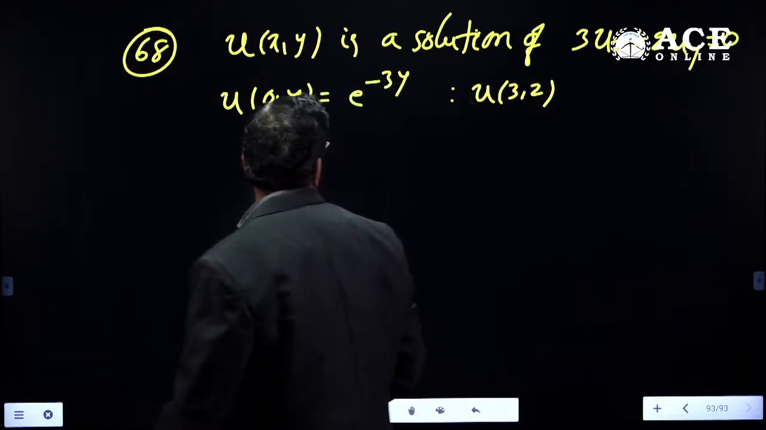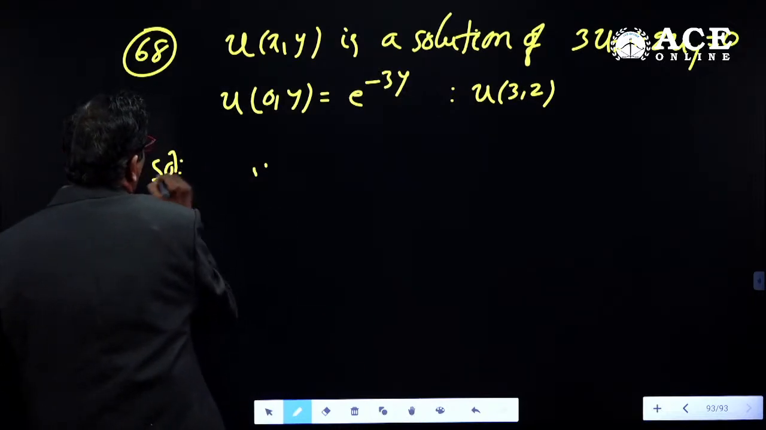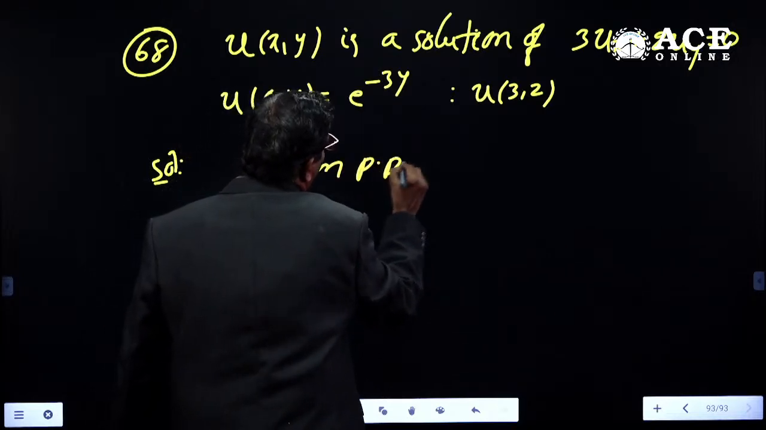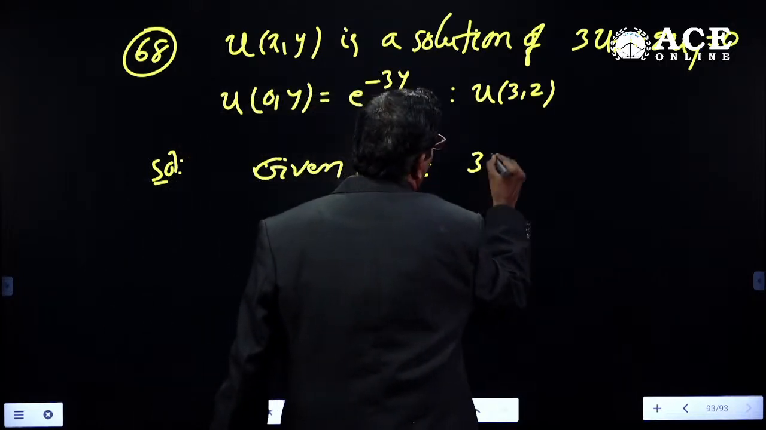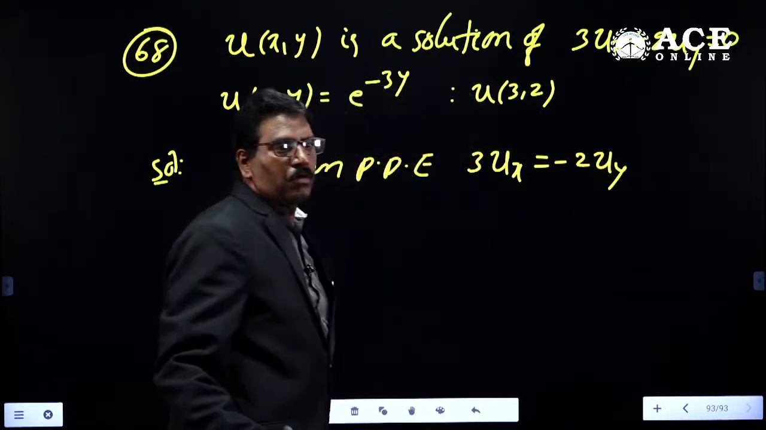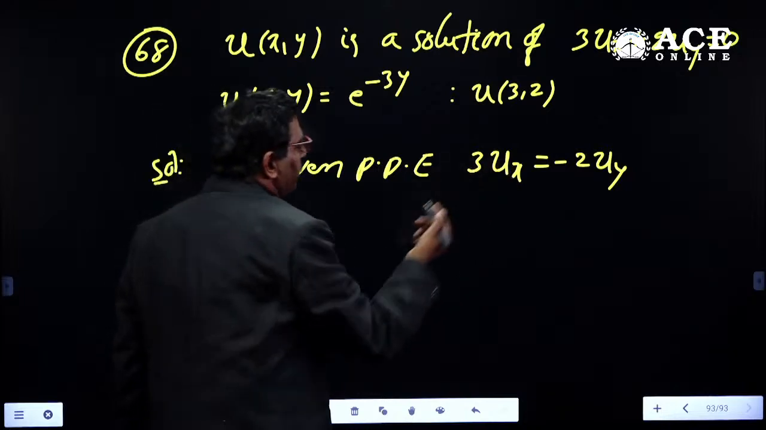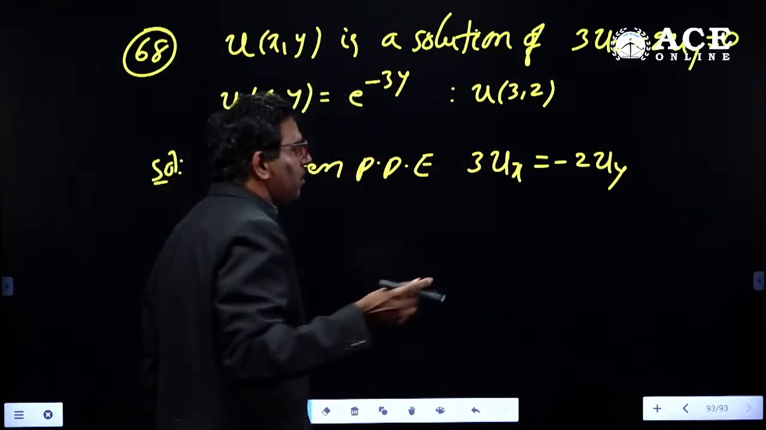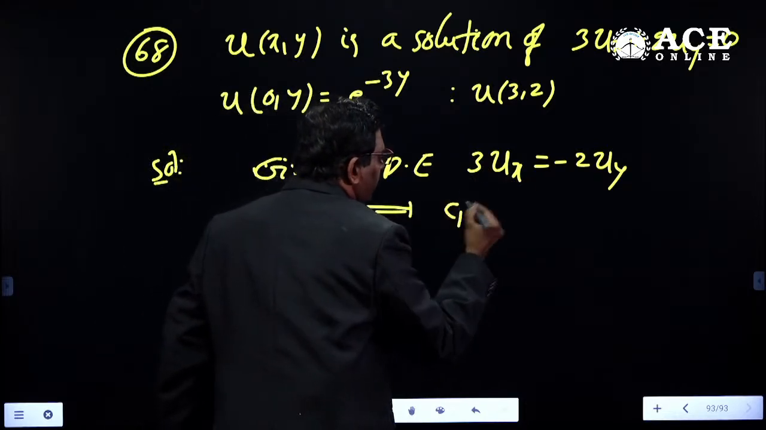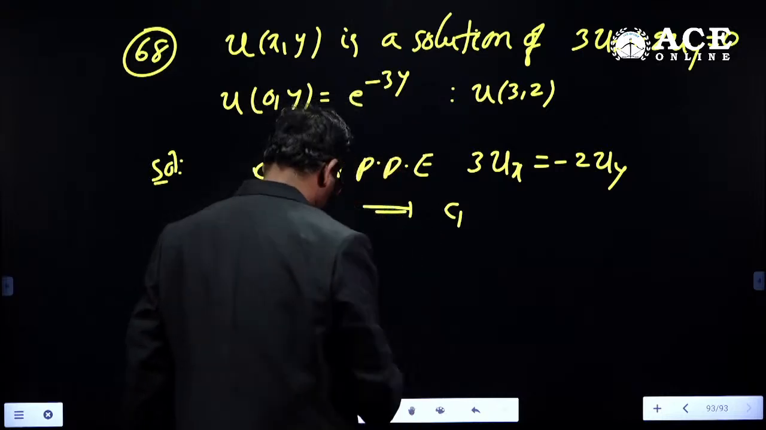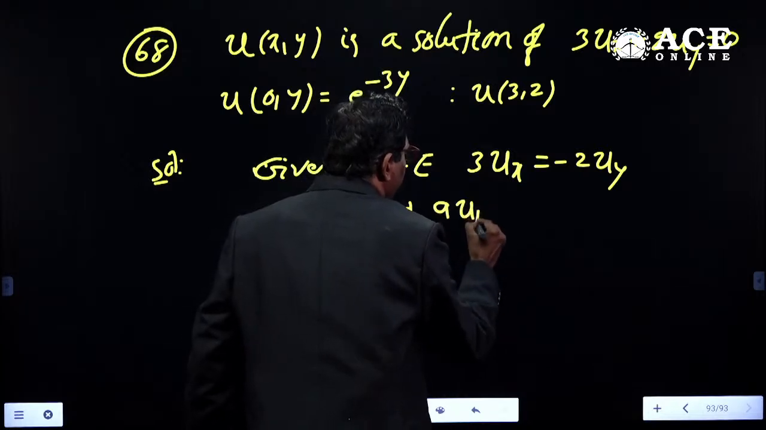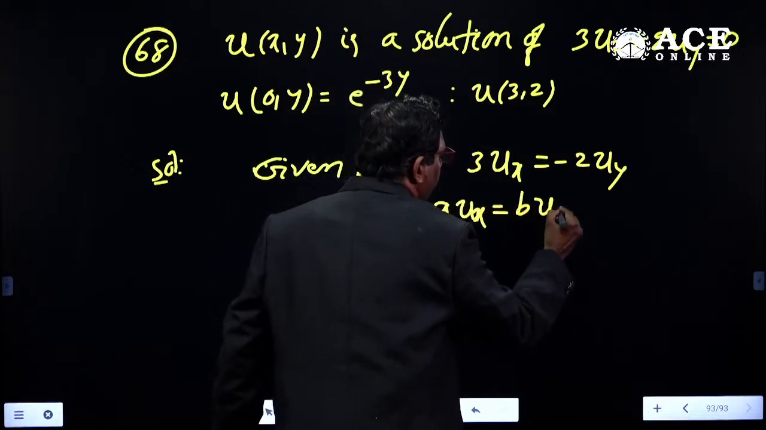Now see, what is the given PDE? The given partial differential equation is 3u_x = minus 2u_y. What is the simple way? One simple technique is there to write the solution directly. If this is in the form A u_x = B u_y,